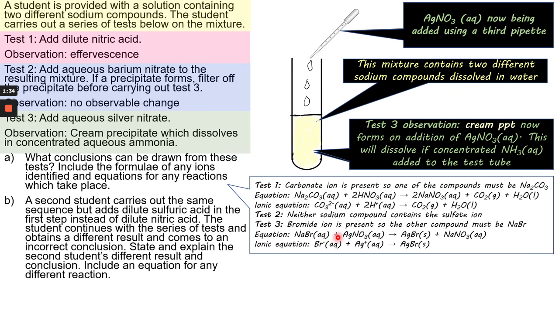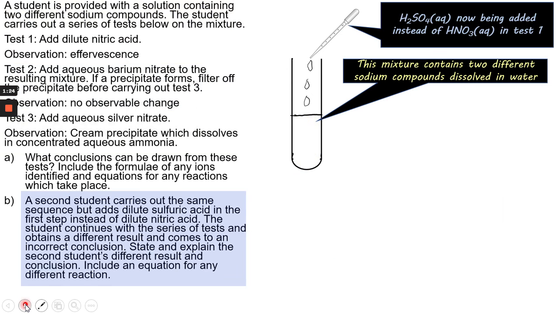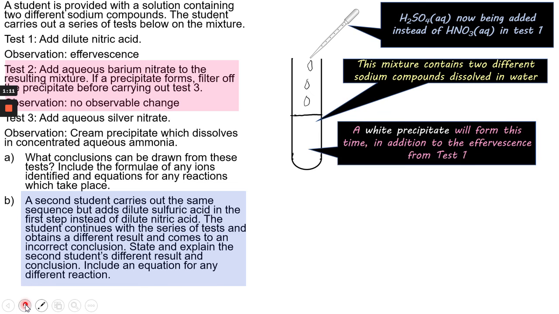So we can do an equation for the reaction between the sodium bromide and the silver nitrate, and we can also write an ionic equation to that, cancelling out the sodium and nitrate once more as spectator ions. So now what happens is we imagine that instead of nitric acid being added, it's sulfuric acid being added at the beginning. Now, this time, if you add aqueous barium nitrate, you'll get a white precipitate because you'll form barium